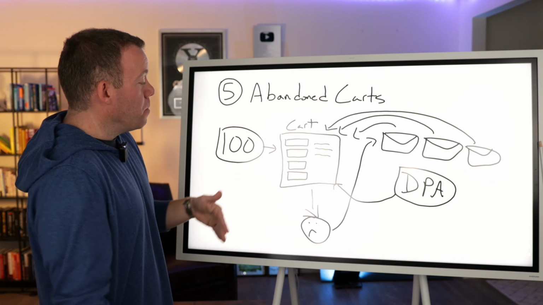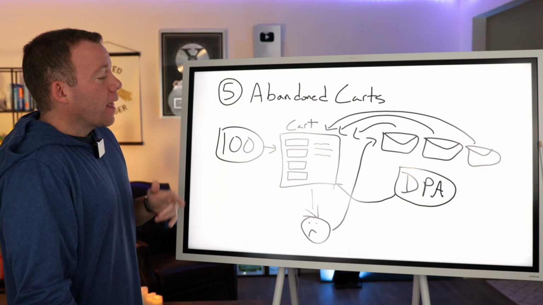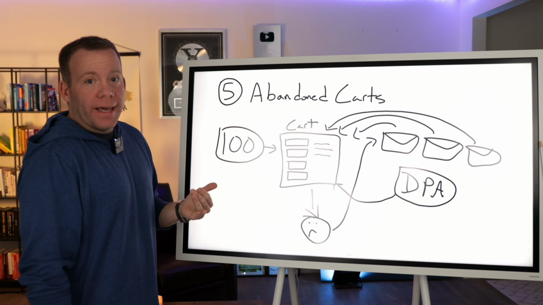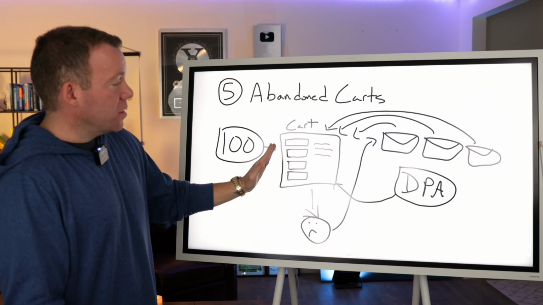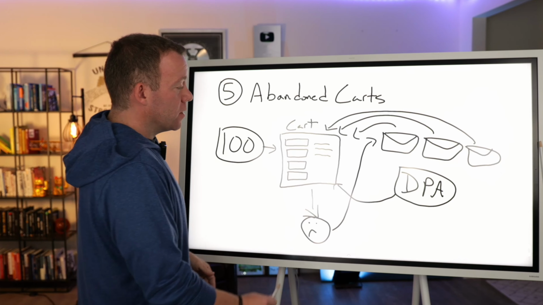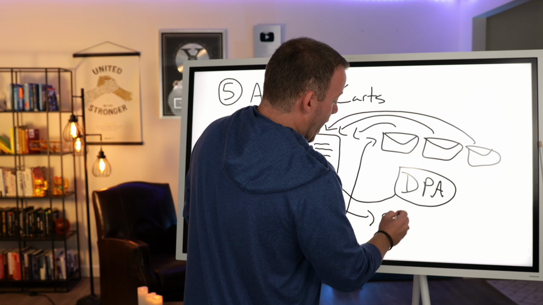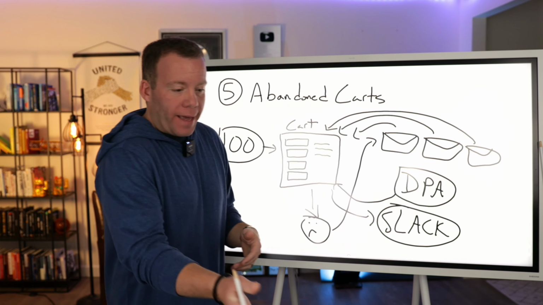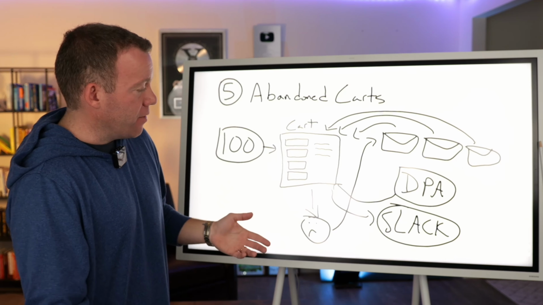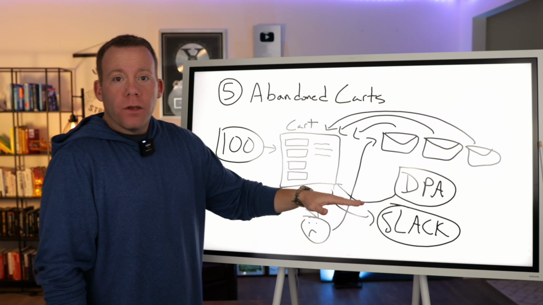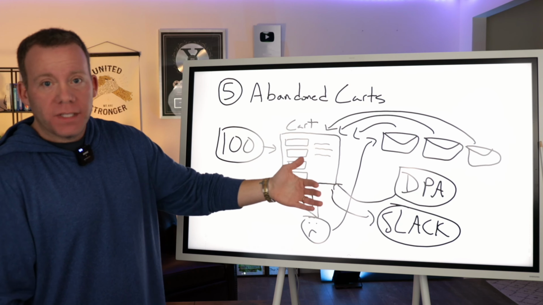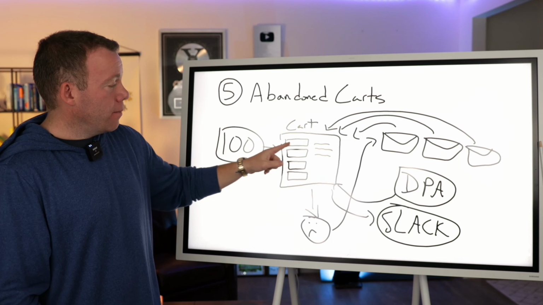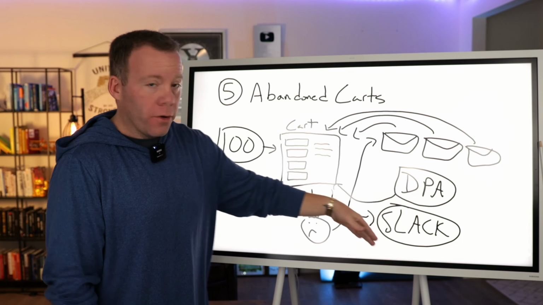But the more advanced thing we do is set up an automation where after an abandoned cart takes place, we have a delay of 15 minutes. And if the customer has not completed their order within 15 minutes, we actually get a message on Slack, okay? If you're not familiar with Slack, it's basically like an instant messaging type app you can have on your phone, you could have it on your computer, you could have it on both. And the message will say, you just had an abandoned checkout for X amount of dollars for XYZ products from customer name, email address, phone number.